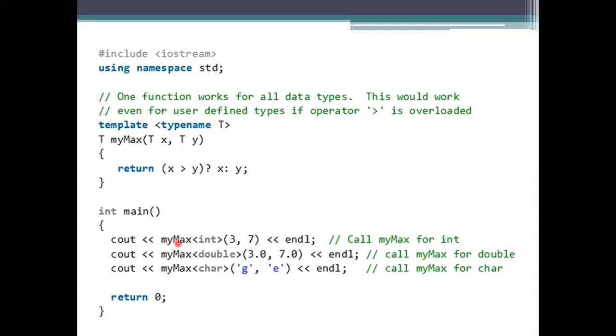To call the function, the function name used in creating this template has to be mentioned here. Next we need to take the data type into consideration, and then the arguments passed, 3 and 7. By this, it has been done in such a way that we can access it for anything. This has been designed for getting the maximum value of both.